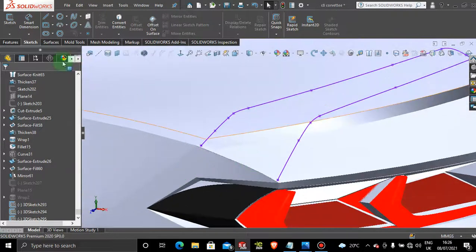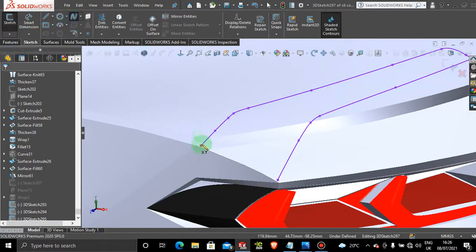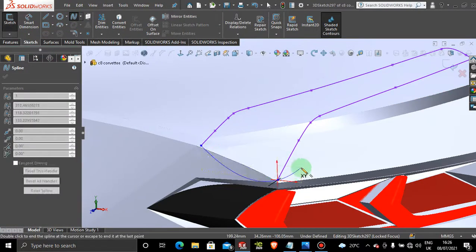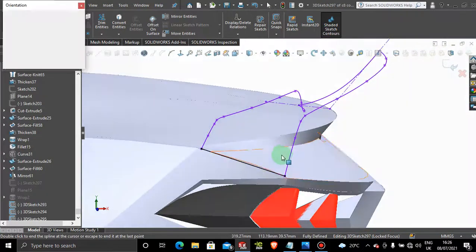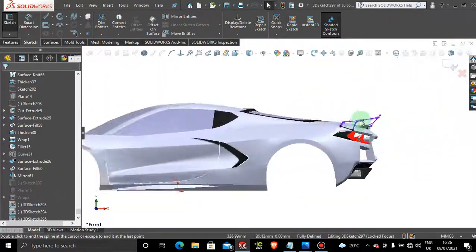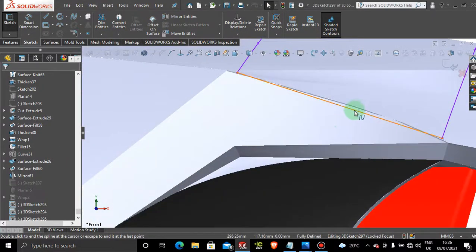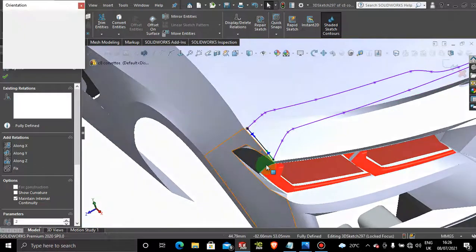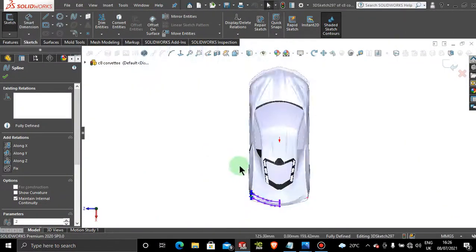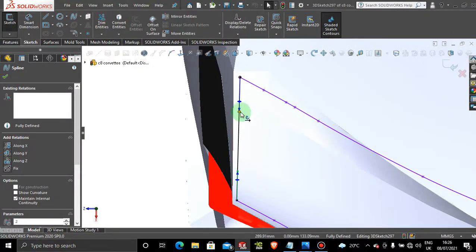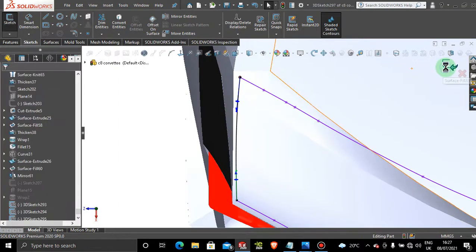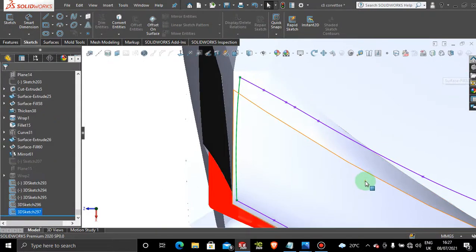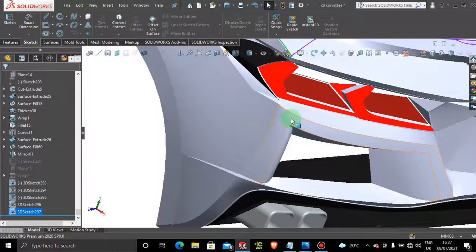And then we're just going to add another 3D spline from this point to this point here. And just come to this side here. And it's going to pull this line up like that. And then we're going to give a profile from the top. Just like that. Okay, and then once that's down,